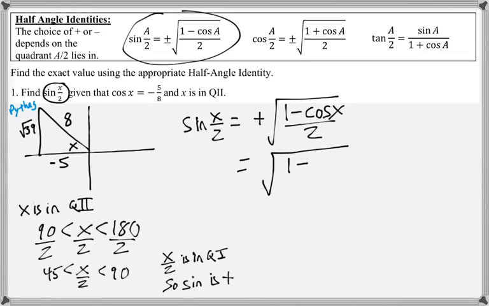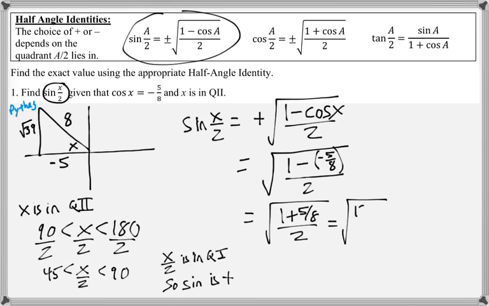I'm referring to my triangle now. It is negative 5 over 8, although we already knew that from what they gave us here. But it may not always be just the values that they give us. We may need to refer to the triangle. And this is all over 2. So this is equal to square root of 1 plus 5 over 8 over 2, which is square root of 13 over 8. If you add 1, which is 8 over 8, to 5 over 8, you get 13 over